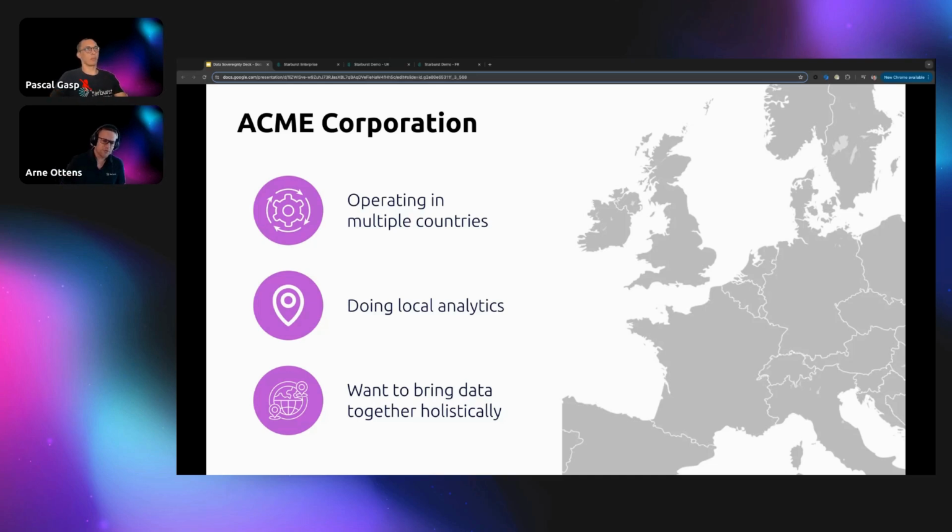But you also want to bring together all your data holistically to look at it from a global perspective, identify trends, and maybe see different behavior in the different regions to address those. But there are these regulations Pascal just laid out, and we want to address them without messing up, essentially.